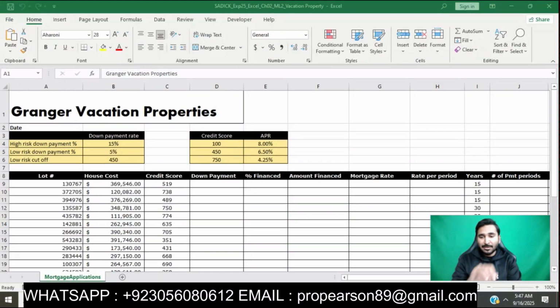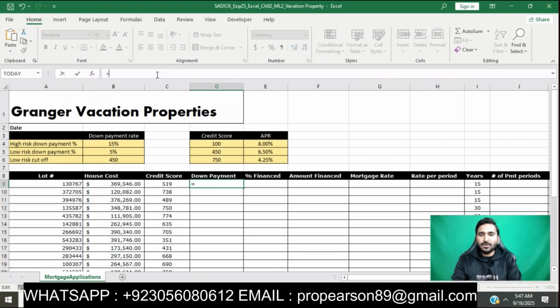Basically, in this question, we will go to our Excel workbook and we will enter a function in cell D9. Press equals, we will click on cell D9 in the Excel workbook, and then we will enter our function. C9, press equals, and we will enter an IF function, and the logical test is C9 less than